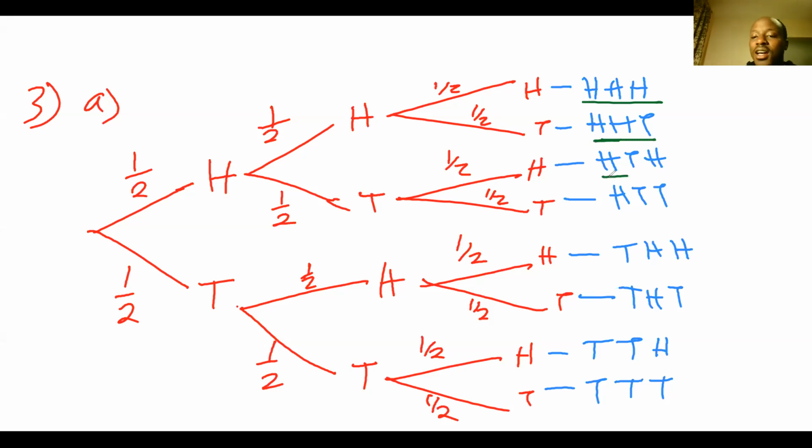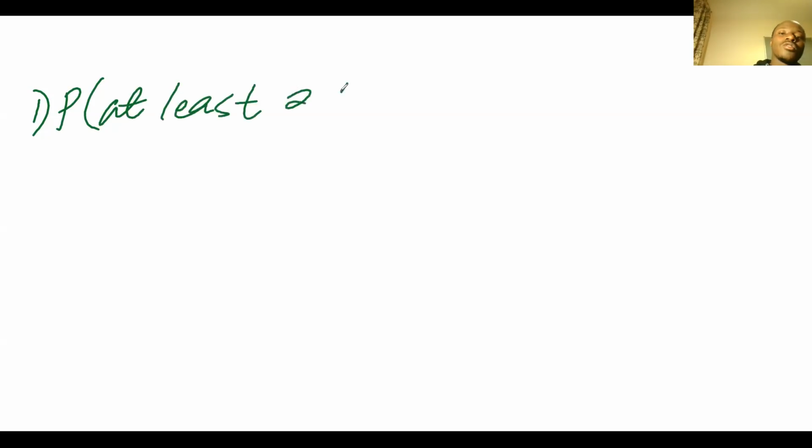This one also has at least two heads. This one, no. This one has at least two heads, one tail and two heads. These others, no, no, no. So you see, you're getting at least two heads